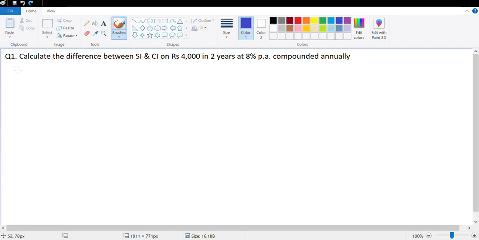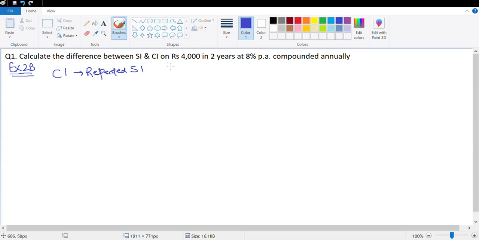Hi guys, let's start the new exercise, exercise 2B. There is no new concept that I need to teach you. It's the same concept that we've done, which is compound interest is nothing but repeated simple interest, where the interest of year 1 gets added to the principal of year 2 and the interest of year 2 gets added to the principal of year 3. That's why the principal keeps on increasing. That's why year on year the interest value keeps on increasing.